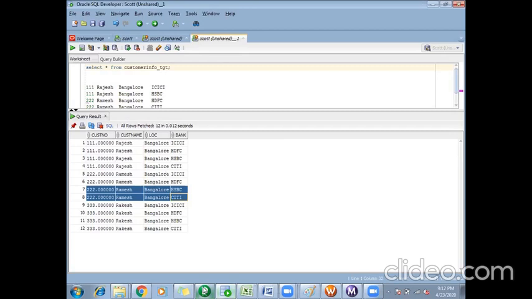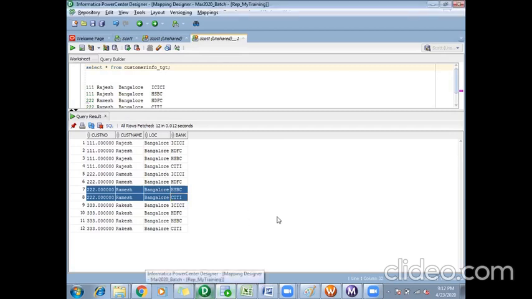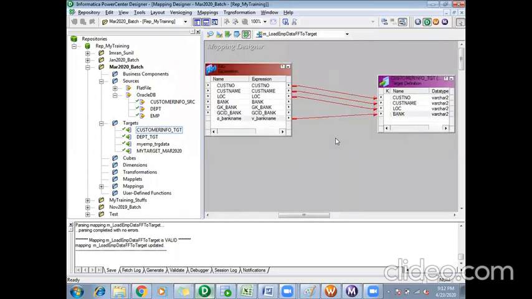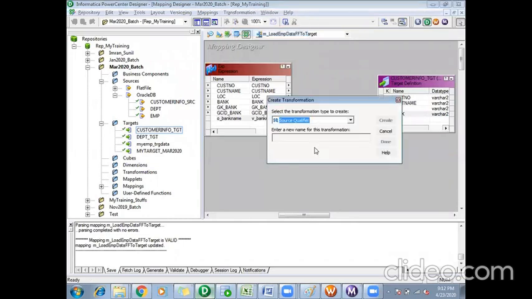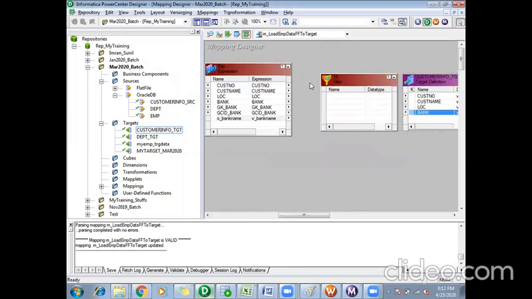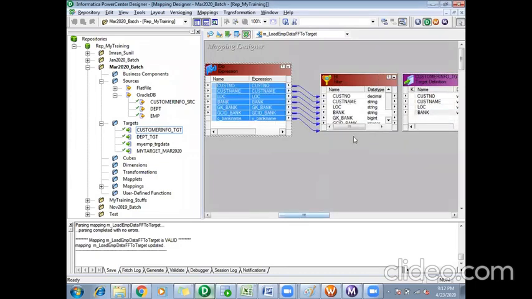To do that, in between my expression and target, I need to filter out the unwanted records. How can I do it? I know to filter out records, I can use the filter transformation. I'll take the records from my expression to the filter.